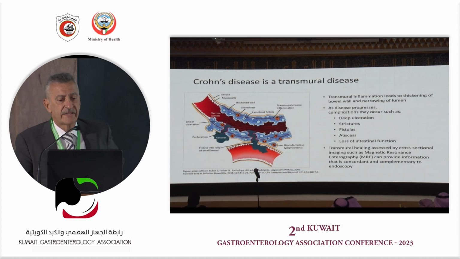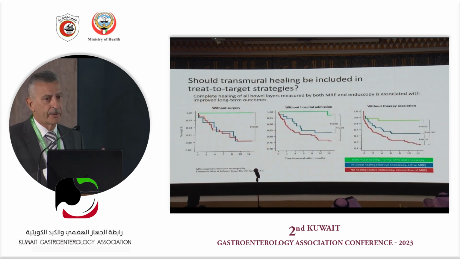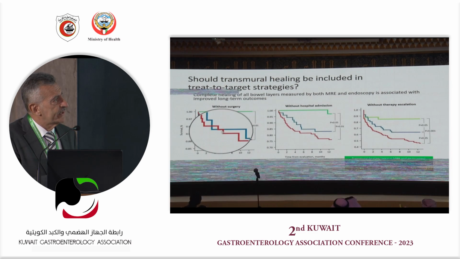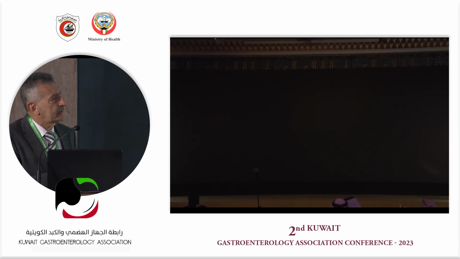We know that Crohn's is a transmural disease, so we know that evaluation of inflammatory markers and mucosal healing can probably be not enough. Probably we will move, especially in patients with early diagnosis and early treatment, to also aim for a complete healing of the wall. And there are some data accumulating. You see that in terms of surgery, there is no clear difference if you evaluate patients without or with mucosal healing, while there is a difference if these patients have, in green, a complete